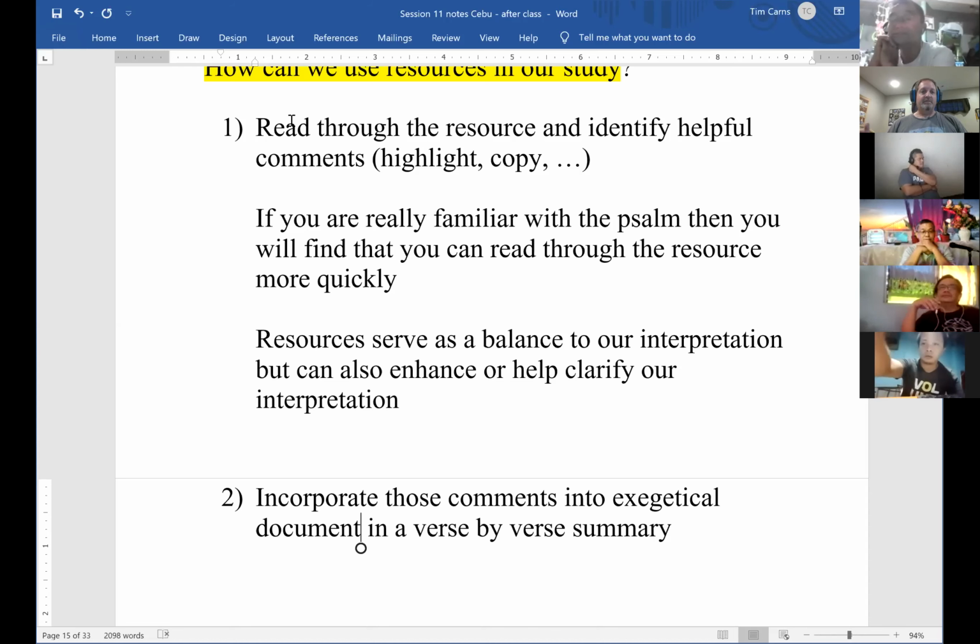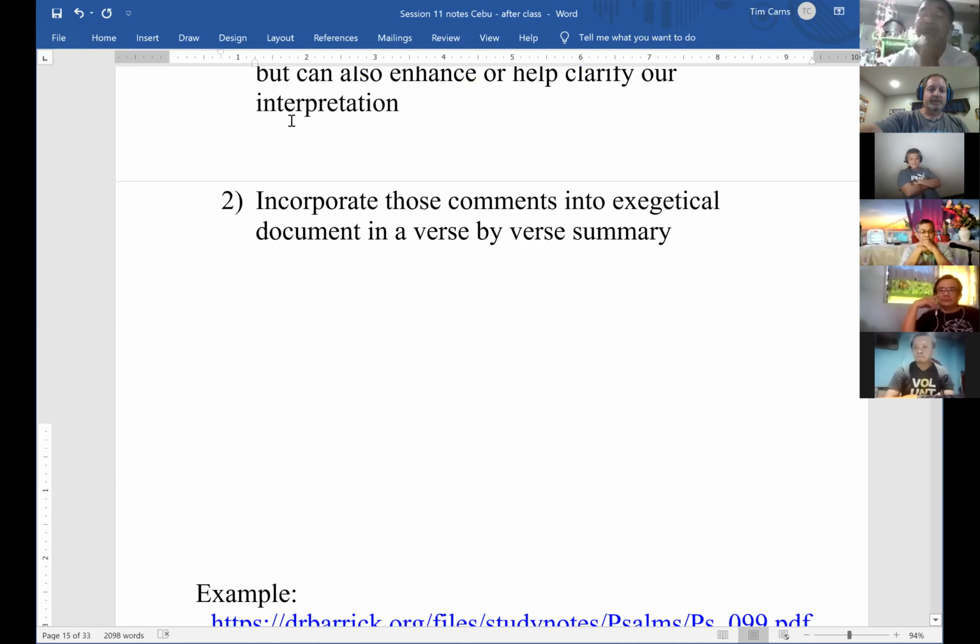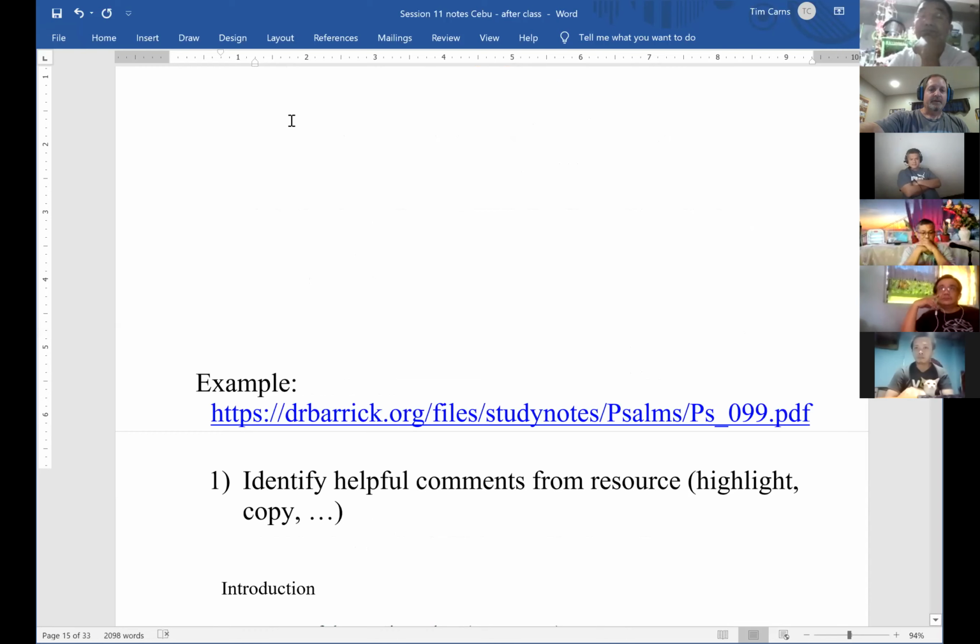But the second part of it is just taking those helpful comments that I identified and then organizing them in a document, okay? All right, so let's do this. We're going to use Dr. Barrick's notes, but before we do,